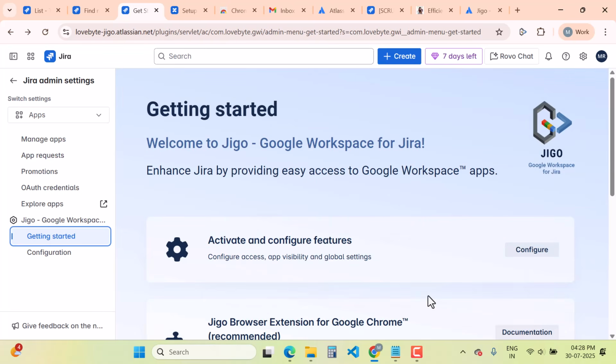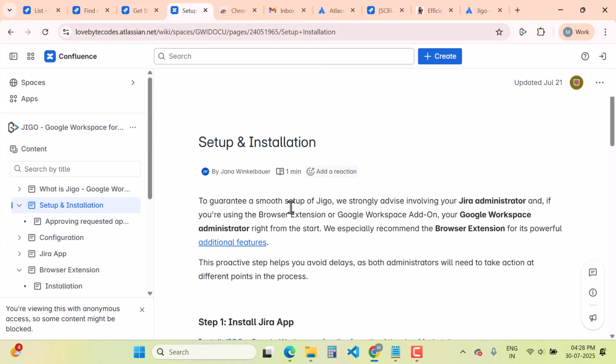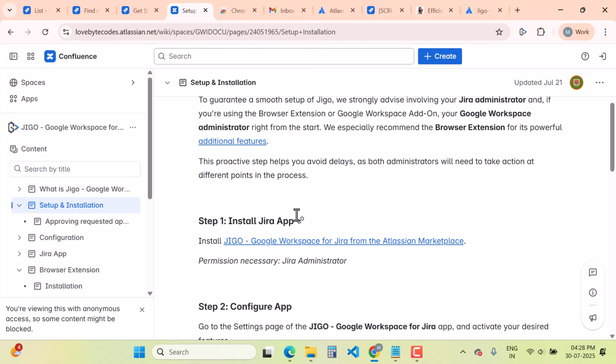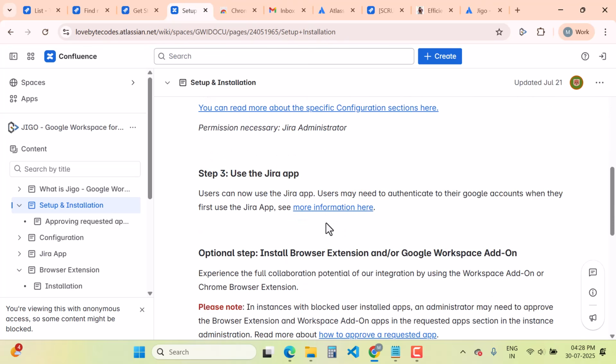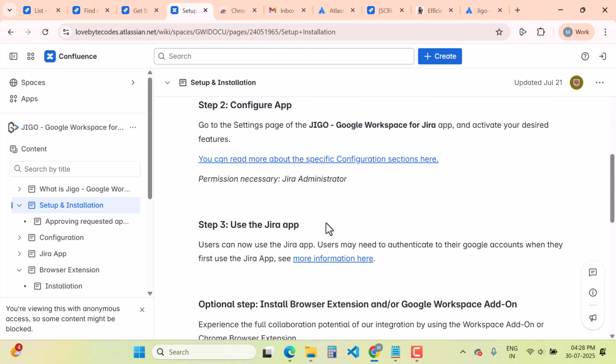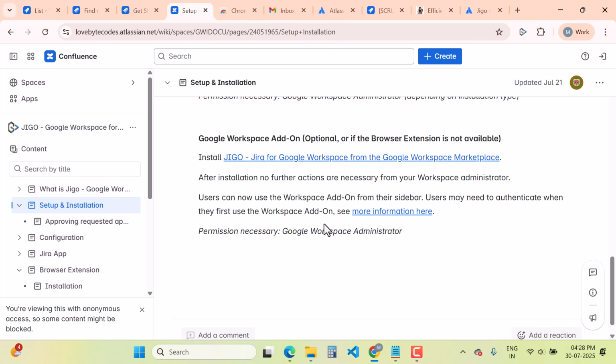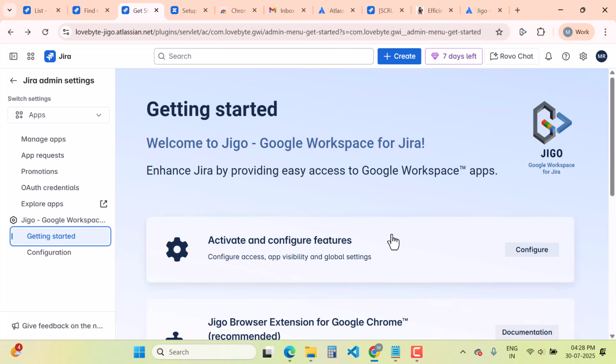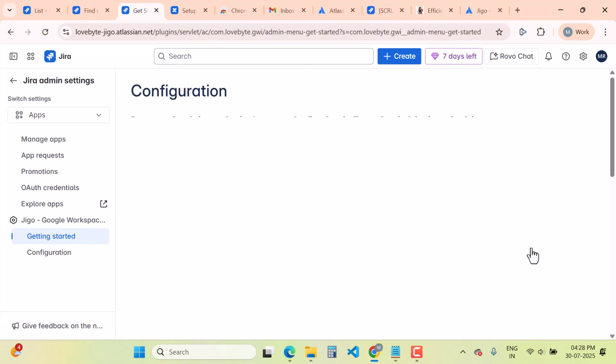In this video, I will not cover the app setup. You can refer to the documentation, which explains the step-by-step process. I will include the documentation link in the description below so that you can go and follow the setup process of this app. Now come back to getting started and then click on configure, where you can configure the features